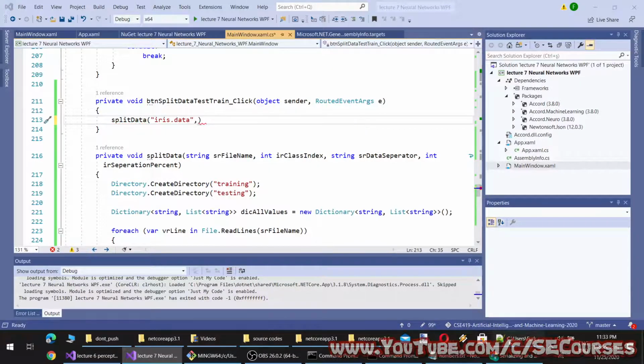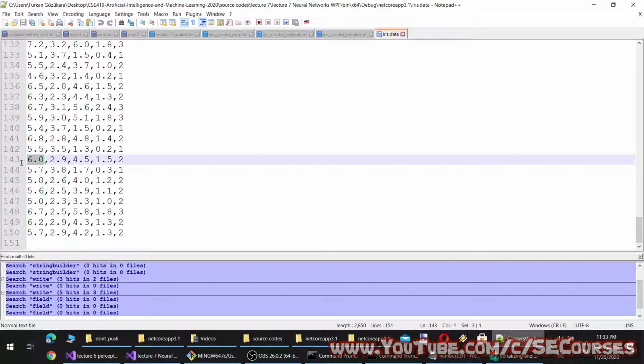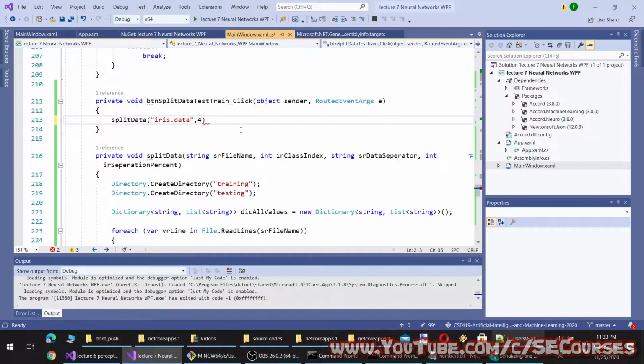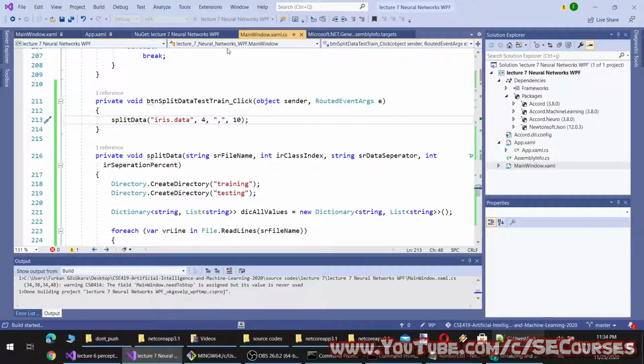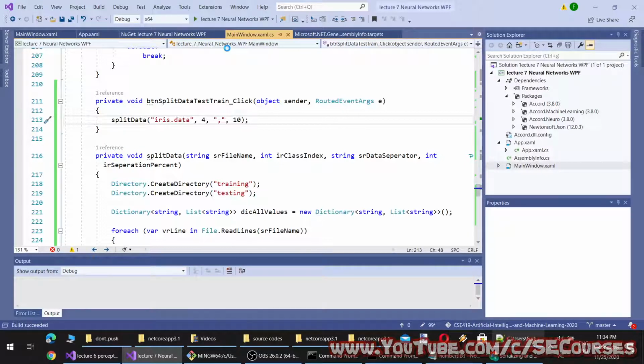So the class index is 0, 1, 2, 3, 4. Okay, 4, and the separator is this one and percent 10. So 10% of the data will be separated from the whole data set as testing data.